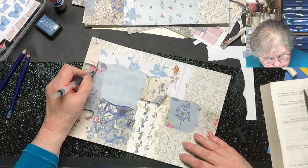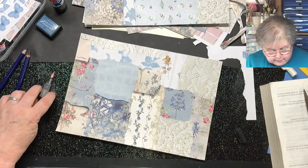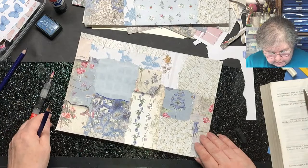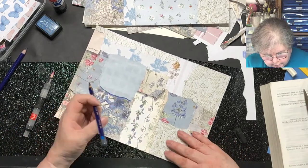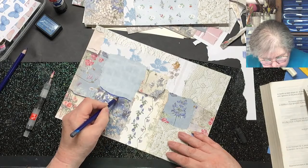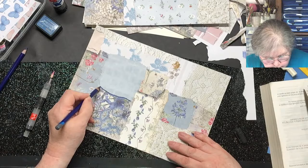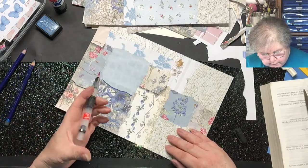So I'm just pulling that out just to make it look more 3D. I hope you can see that. Hope it's beginning to look more 3D. That's dry now, so I'm going to go in with my Neutral Grey because I don't like that peacock colour much at all. I mean, if I end up with it, I end up with it, but